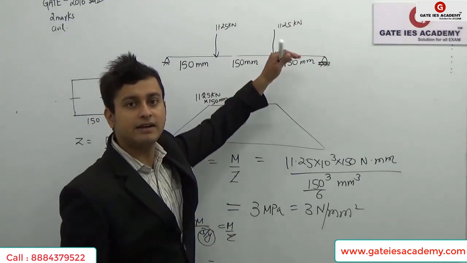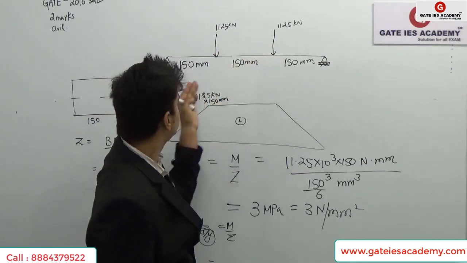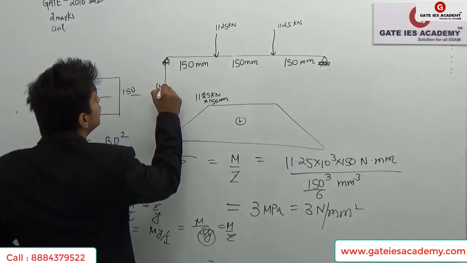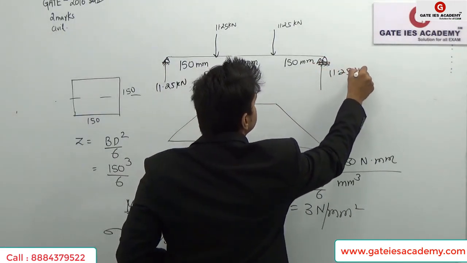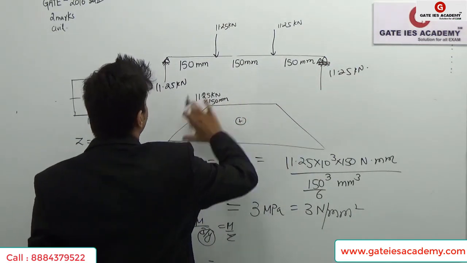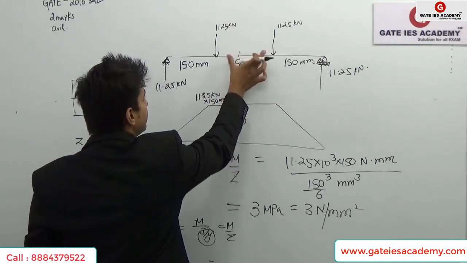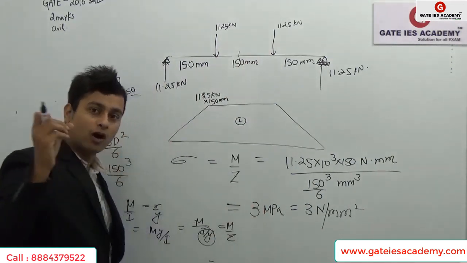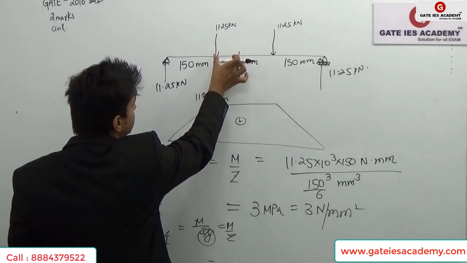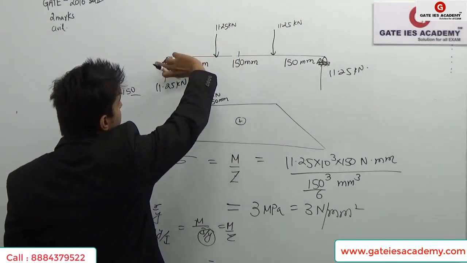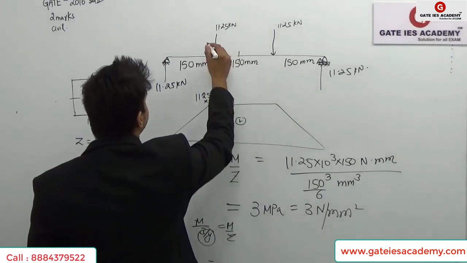Bending moment for this symmetrical loading condition. How do you calculate? Very, very easy. See, this is a symmetric loading, so reactions will also be 11.25 kilonewton on both sides. So this will go like this straight up to this point, 11.25 into 150. Now if you take any value here, the bending moment will be constant, and that will be equal to 11.25 into 150 only, because the value due to this loading is compensated by this value. So these are compensated. So if you check, if you take any x value here